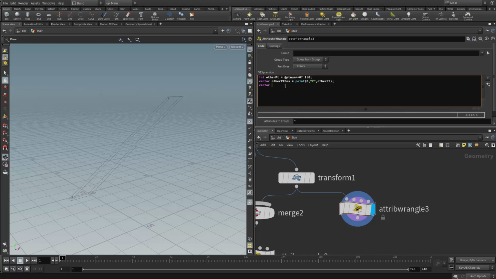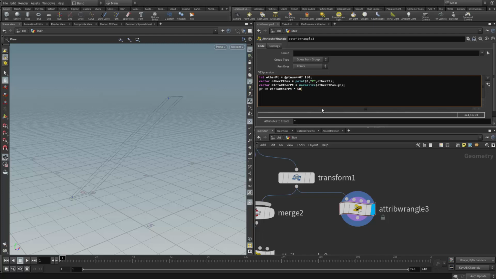So we can say vector direction to the other point will be equal to a normalized version of the other point position minus our position. Okay, right. And we can then say at position plus equals the direction to other point